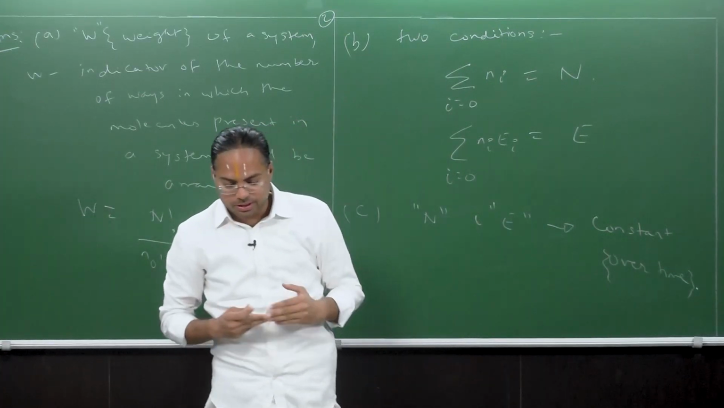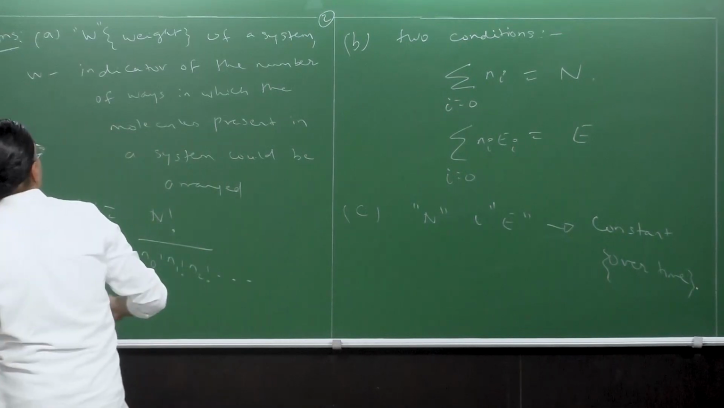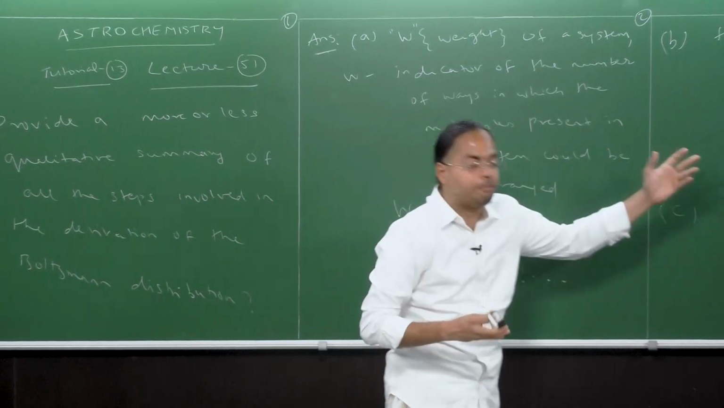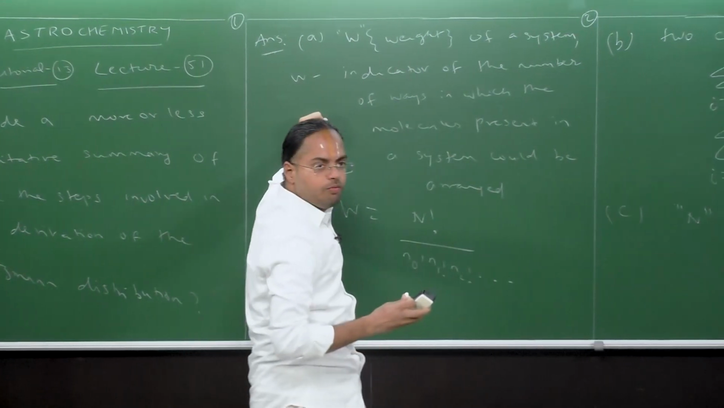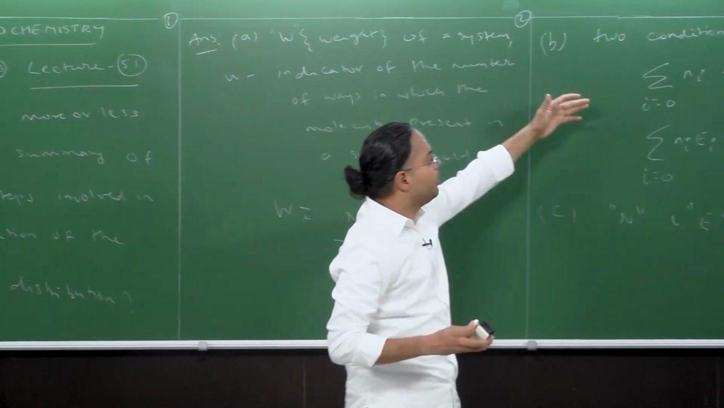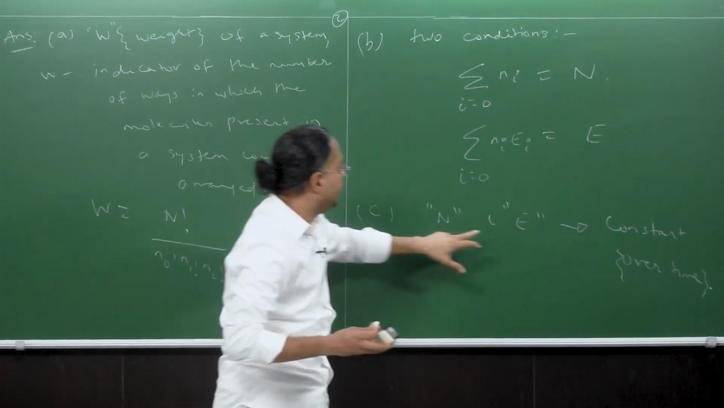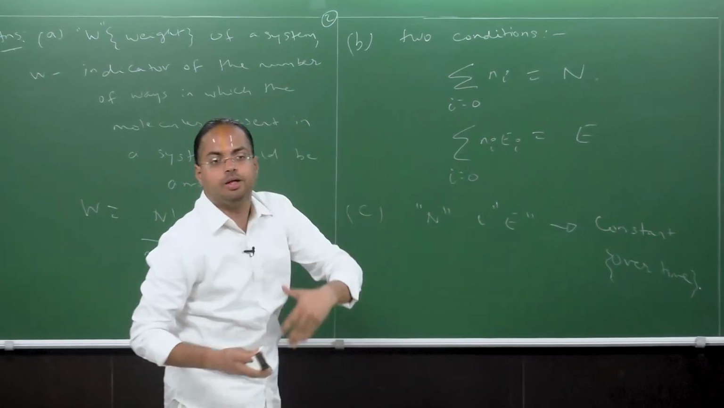Now, what is the next condition? Sorry, not the next condition, the next step. So this was step A, where we defined the weight, and then we defined two conditions for the system in step B, and also that N and E were constant. That is step C. So the next step is going to be